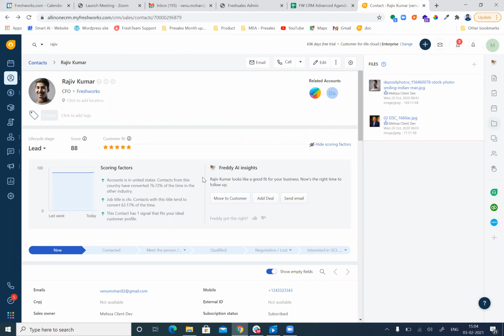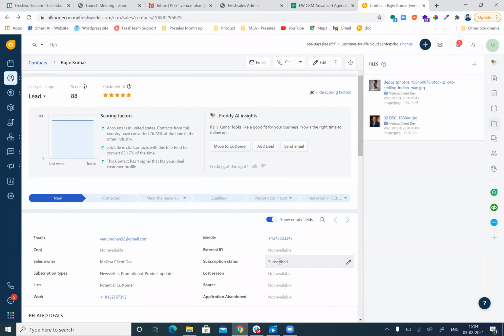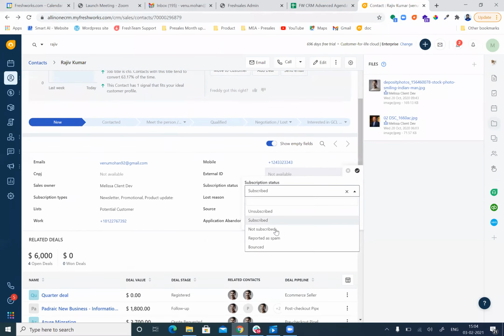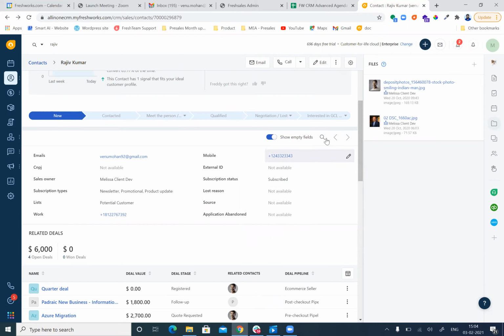Thank you. If I get a complaint that a customer shouldn't be emailed or called, is there a good way to categorize them? Yeah, of course. You can mark the subscription status, such as the customer is unsubscribed or subscription not working, and so on. By that you are able to categorize them. Nice. Okay, thank you.